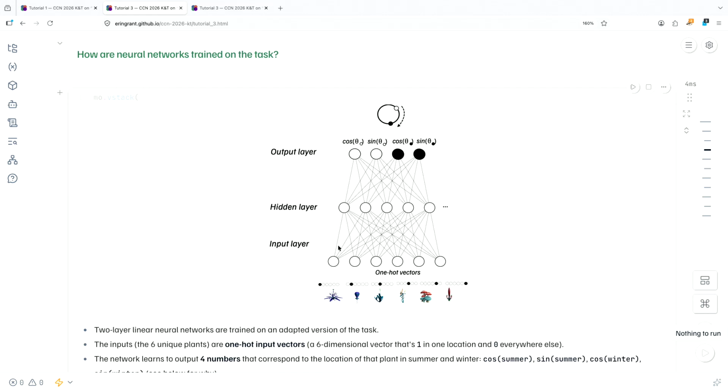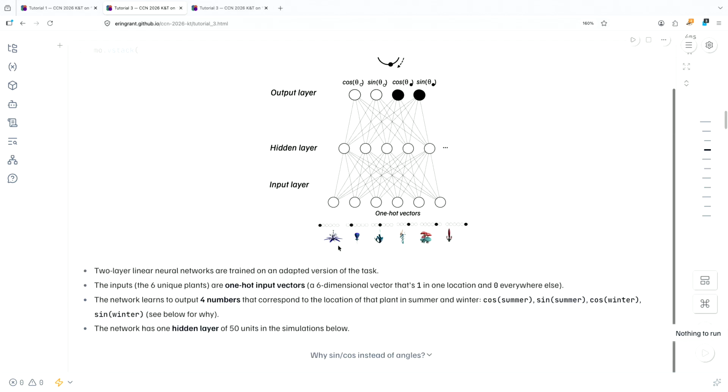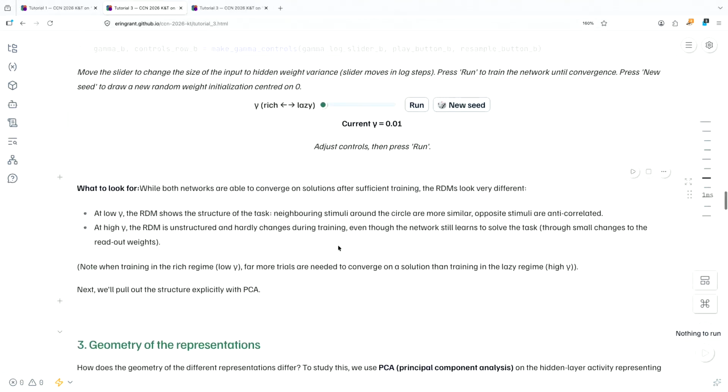Are there any questions, by the way, about this task or setting before we go on? Makes sense? Great. Okay, so